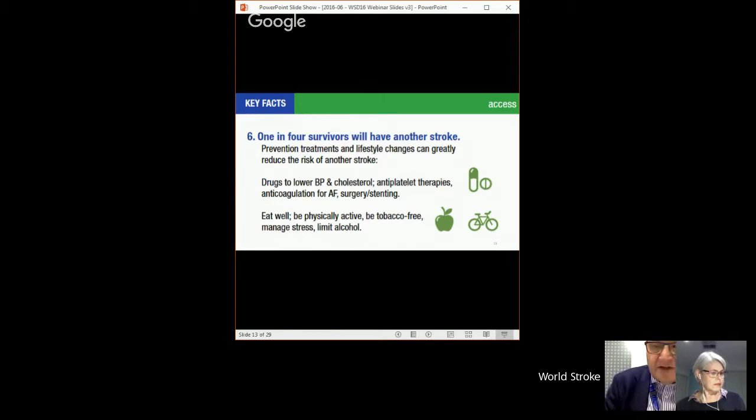I think finally, just as I introduced the concept that primary prevention, that's prevention at all stages of life. Again, let's emphasize this, and this applies both before a stroke and in stroke survivors. Be physically active. Try and get to a normal weight. We try and counter the Western epidemic of obesity. Be tobacco free. Limit excessive alcohol intake. Reduce stress. Healthy lifestyle, healthy diet, fruit and vegetables really are absolutely crucial to the strategies we have to reduce